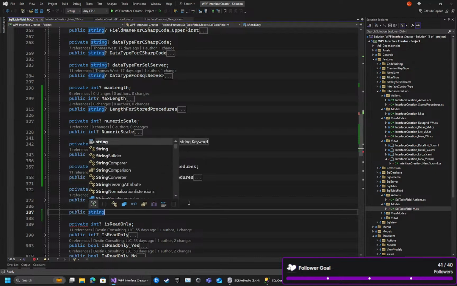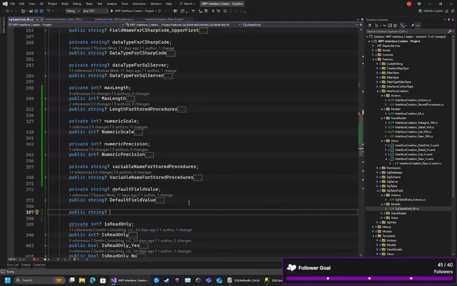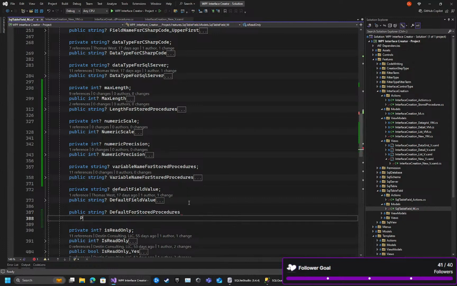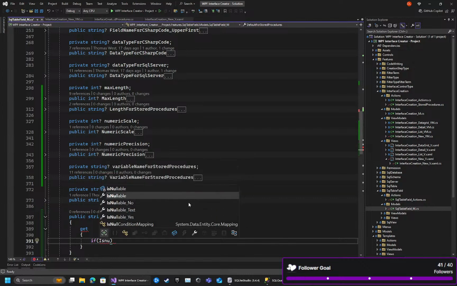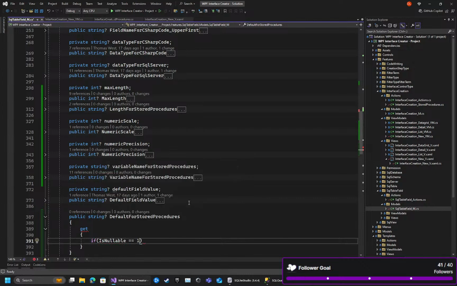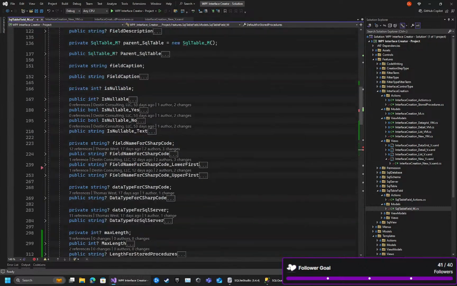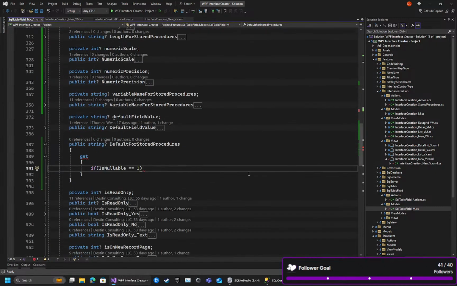Public string default for stored procedures. Is, if, is null equals 1. If is nullable. Is nullable is an integer. Yes, so if is nullable. And